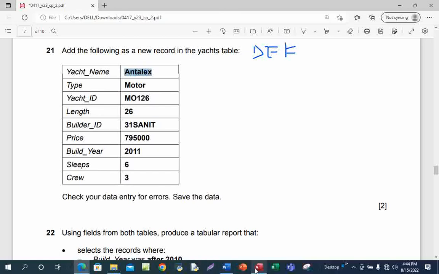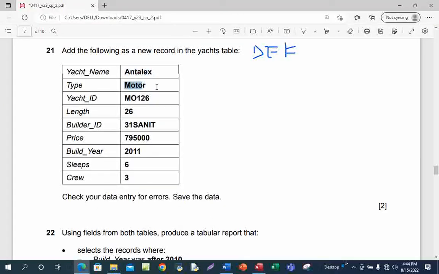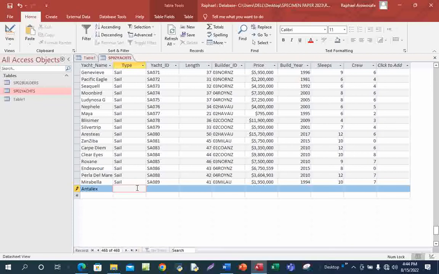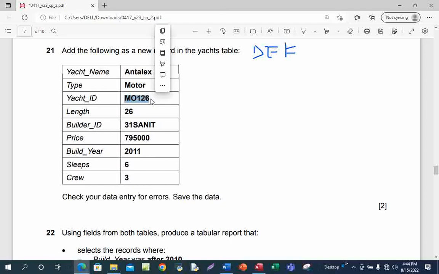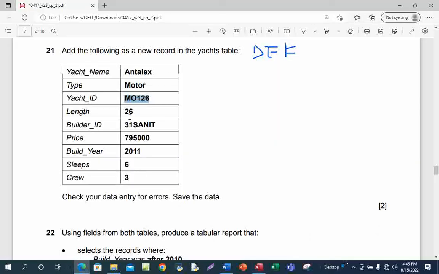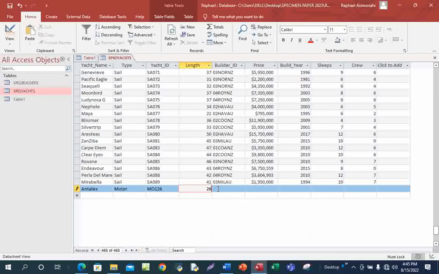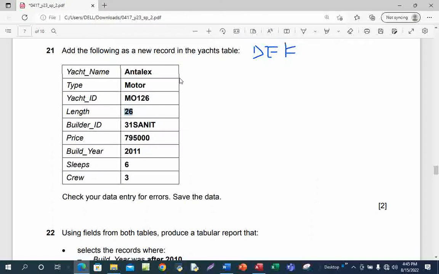I'll copy, then I'll paste, come here, copy, then paste, copy, and paste, copy, then paste, copy,